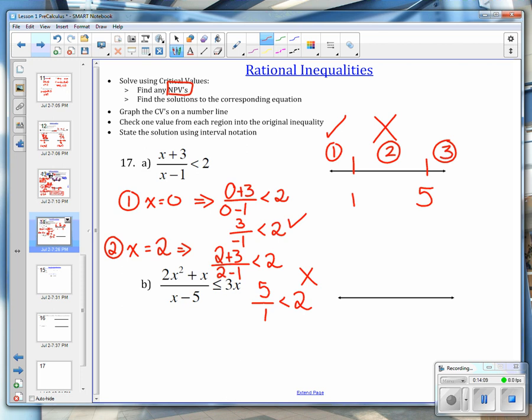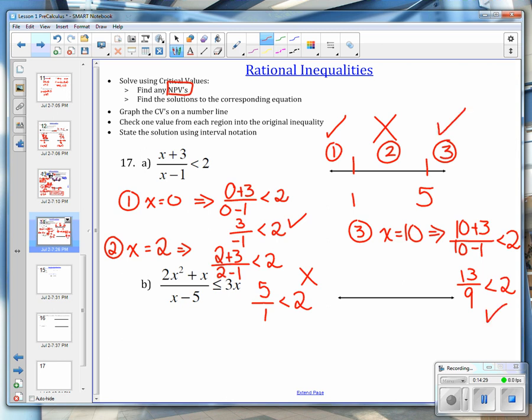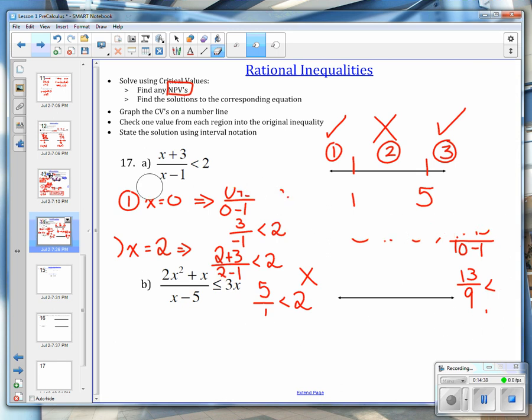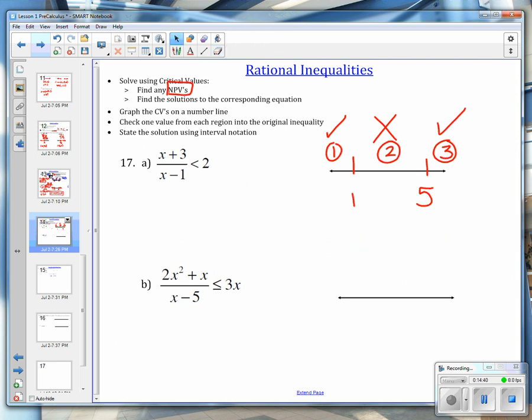And then the last section, anything that's over 5. So again, I just like to choose 10. Choose whatever you want. 10 plus 3 over 10 minus 1 is less than 2. So I've got 13 over 9 is less than 2. And yes, that absolutely is less than 2. So we know that that is also going to be a solution. So once we're done with those test intervals, which again, I realize can be a bit of a pain,